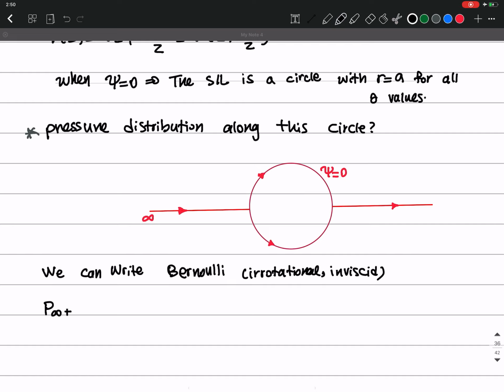So we are going to get first here, this is P infinity, I just want to write it here, and then the next part is going to be somewhere inside this circle. So P infinity plus 1/2 rho U squared, where the velocity is U, a uniform flow at infinity, equals P